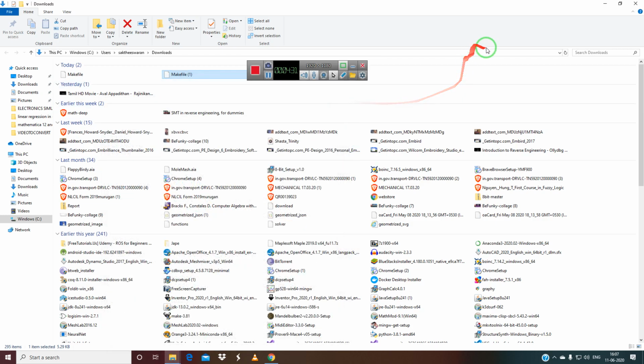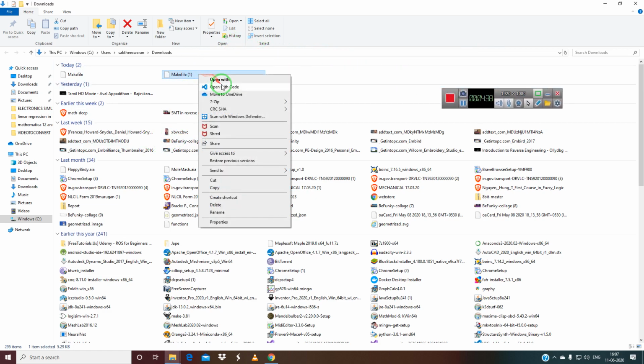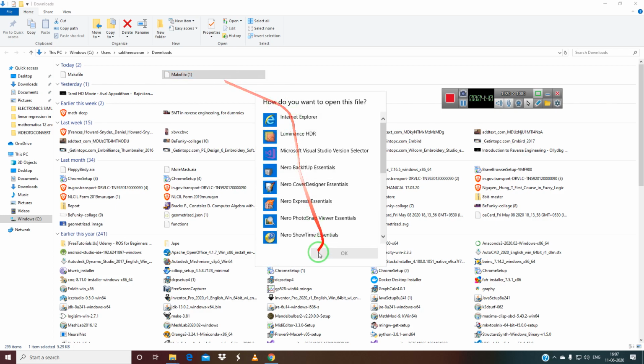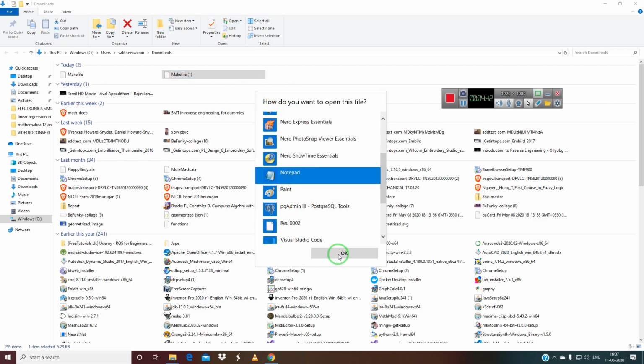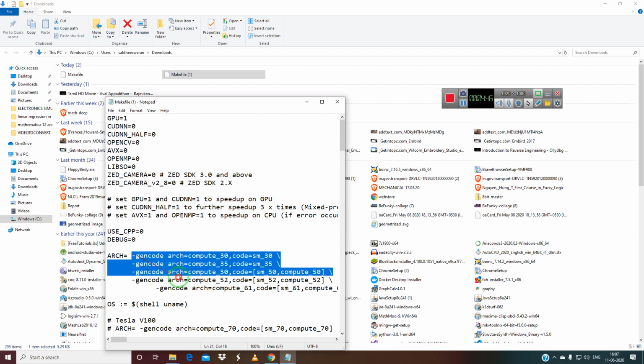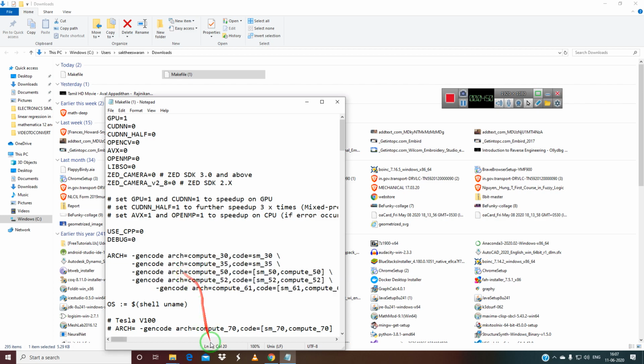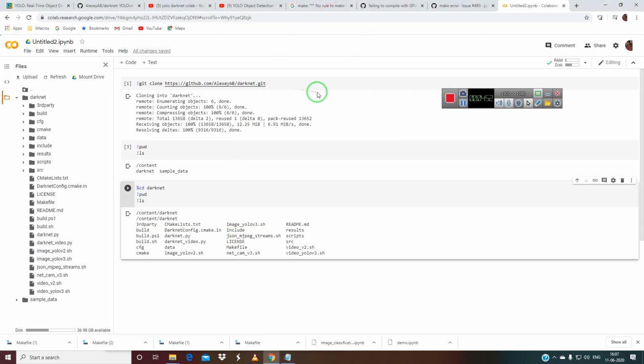Okay, GPU is enabled. Now there is an important thing I have to tell you about the Makefile, because we are using a cloud GPU. This is the GPU architecture. You can only find this on the ARCH DK site.